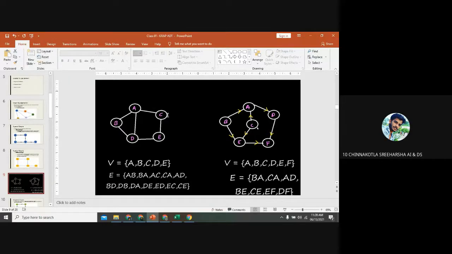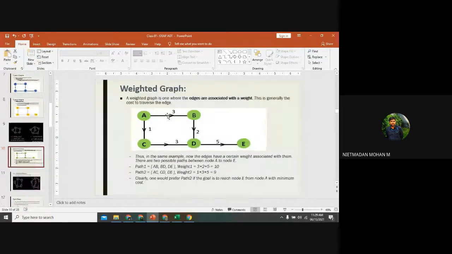Yes, sir. So this is the situation that will occur when you write a directed graph or an undirected graph, and for a directed graph you may want to give some weightage also. That we will discuss in the next slide. So this is the difference between directed and undirected graphs. In the types of graphs we have discussed two types: directed and undirected, and the third one is the weighted graph.